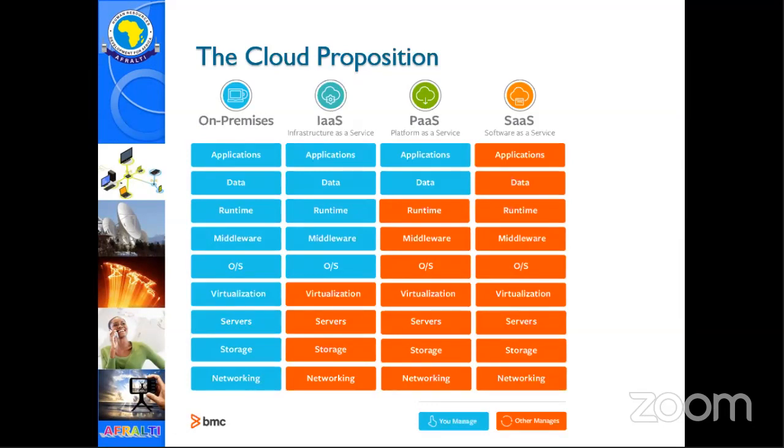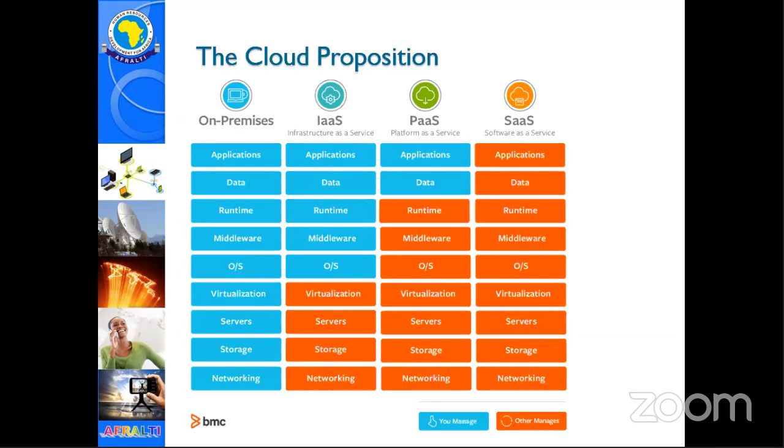What cloud proposes to the users of IT services is that they can offer various levels of cloud services. Either they can give you the infrastructure where you can run your software, the operating system, and the application that you run. For example, if you're running a specific software to record sales, like an ERP system, the cloud provider can give you the servers where you can host your ERP on. So that is called infrastructure as a service.